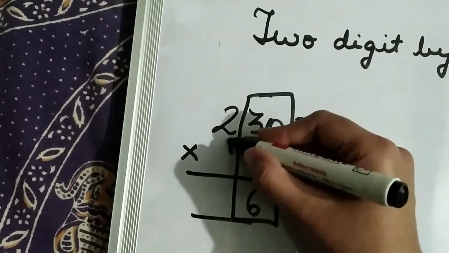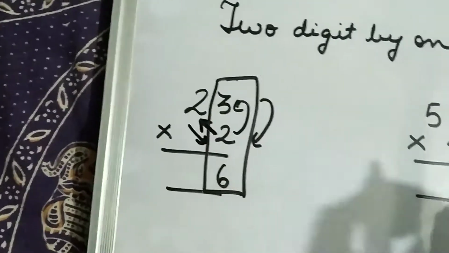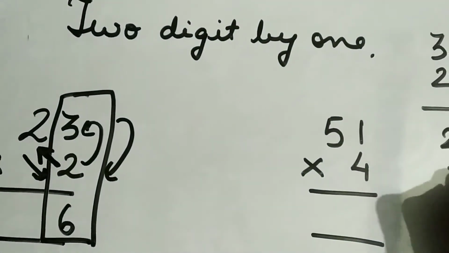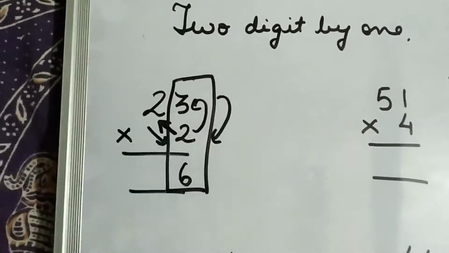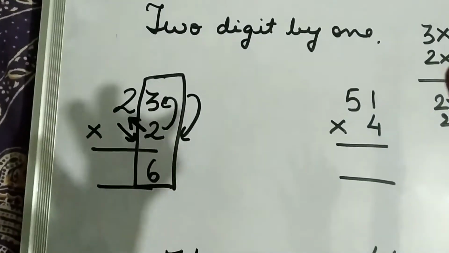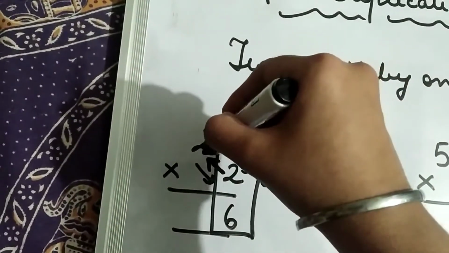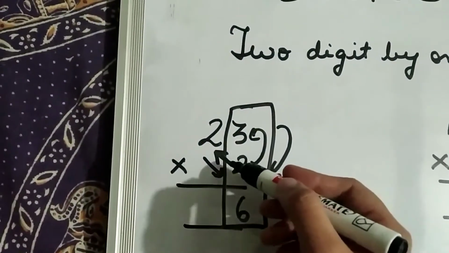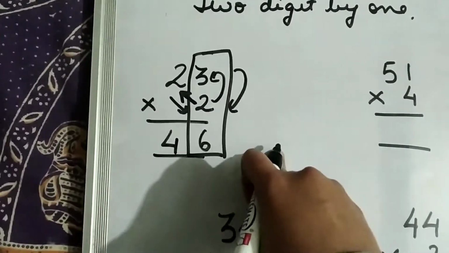In diagonally also you can solve both ways. Like 2 into 2 is 4 and 2 into 2 over here, by chance both the digits are the same, so it doesn't matter which way you take it. And in all the other sums also you can take it in this direction and also in that direction. So we are going to do 2 twos are 4. So the answer over here will be 46.